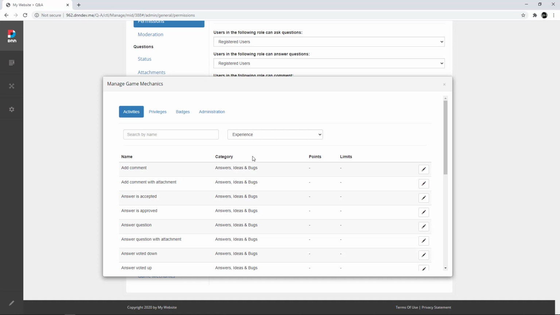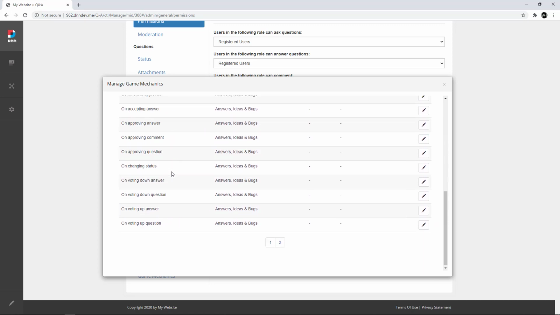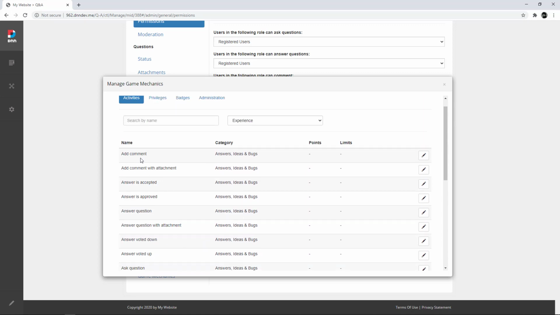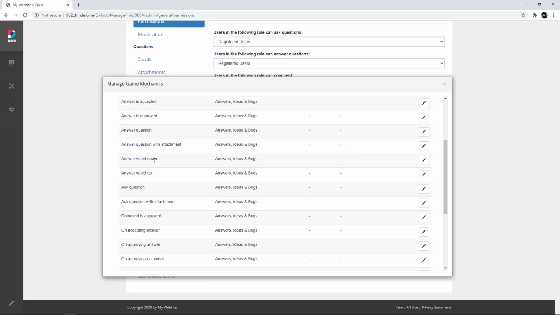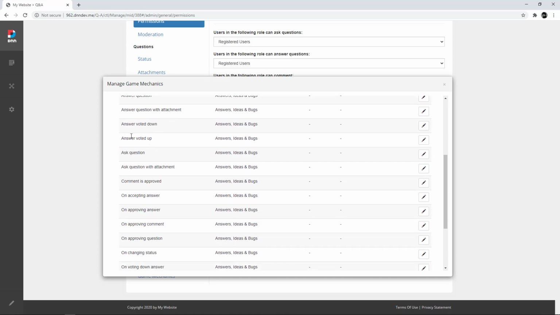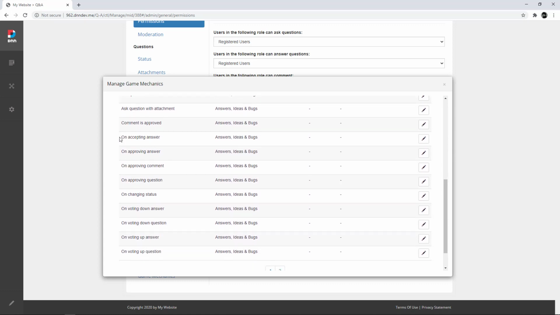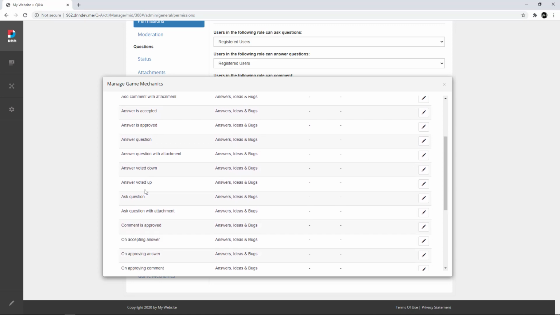All right, so there's a bunch of different activities that we now have access to for which we can award points to the user. The list is pretty long and actually has multiple pages. So when a user adds comments or adds comments with attachments, when an answer is accepted or approved, when somebody answers a question, when somebody answers a question with attachment, when a user votes an answer down or votes an answer up, when somebody asks a question, when a comment is approved, on accepting answer, on approving answer, and approving comment, and so forth. So you've got lots of different options right here